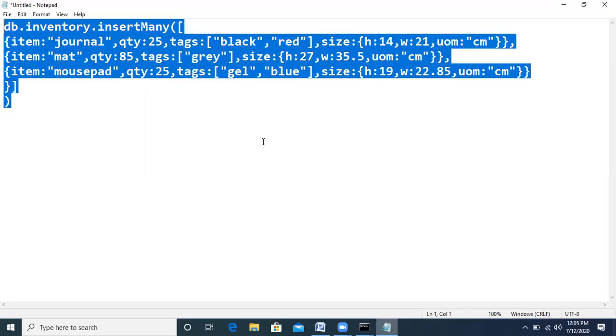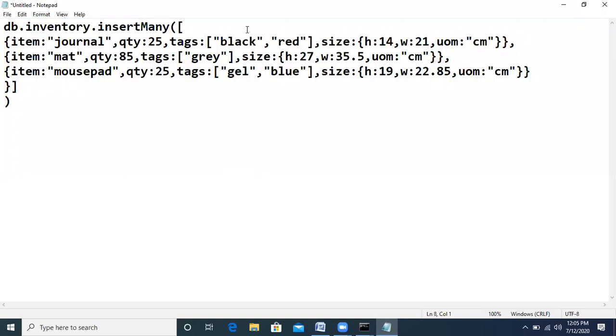Still something is missing. Let me check what is missing. db.inventory.insertOne, insertMany, this thing. Ma'am, the starting curly bracket is missing.